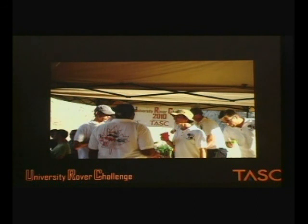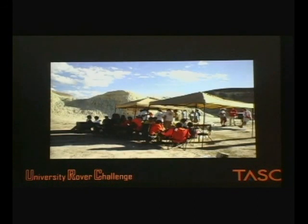So after the dust settled, I have to say this is probably my favorite part of URC, seeing all the teams coming together at the very end for the barbecue. And you can see teams from all the different schools here sitting around. It's as if they're one big team. They've been through the war together, and a lot of the camaraderie they build. They're competing, but at the same time, there's a lot of mutual respect that goes on. So it's really great to see the teams coming together at the end,